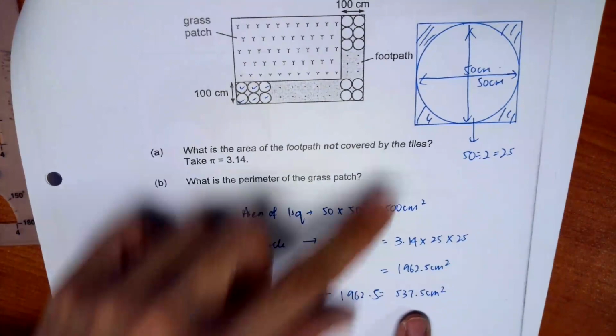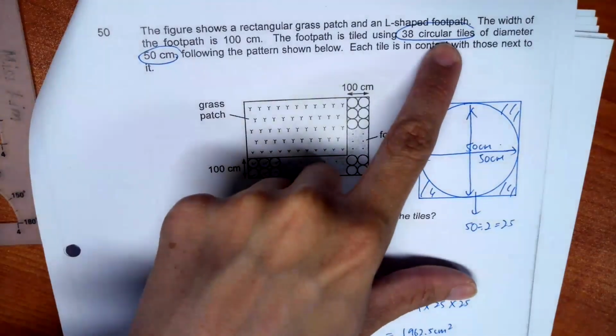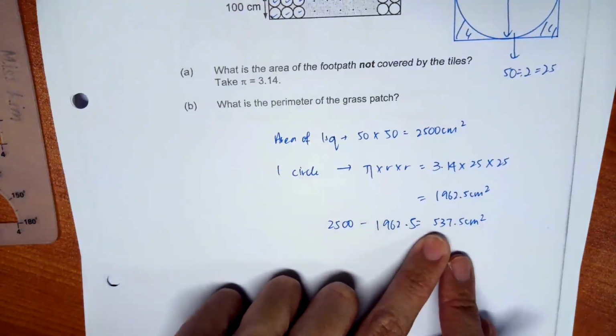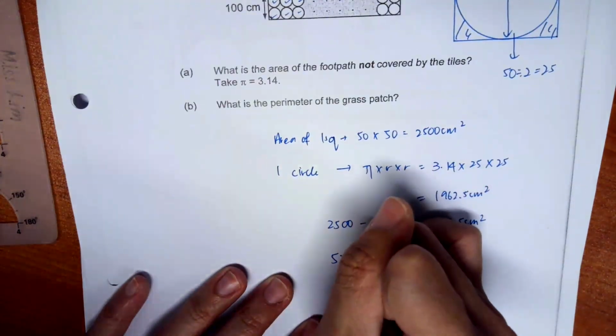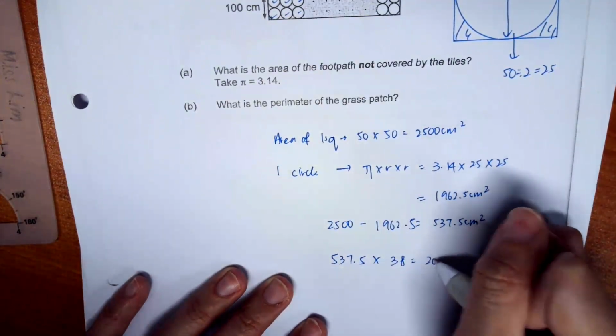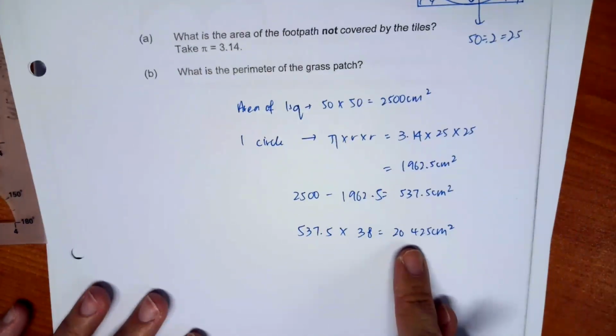But this is only meant for one. There are a total of 38 circular tiles, so there'll be 38 sets of these along the pathway. So I'm just going to take this as one set. I'm going to multiply this by 38 sets. So the total area that's not being covered by the circular tiles would be 20,425 square centimeter. Okay,